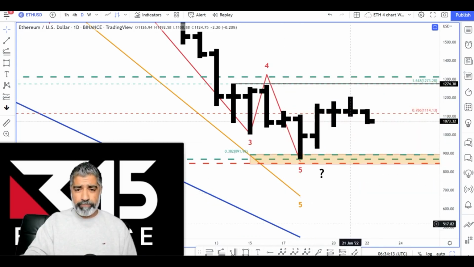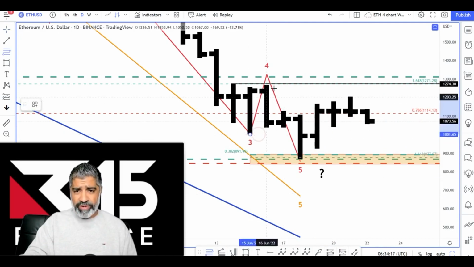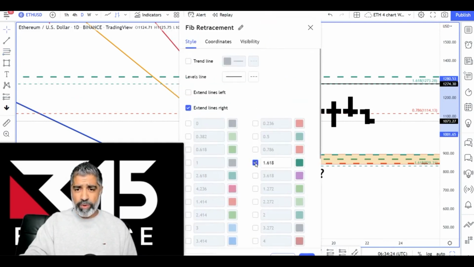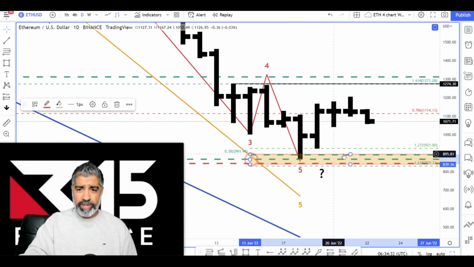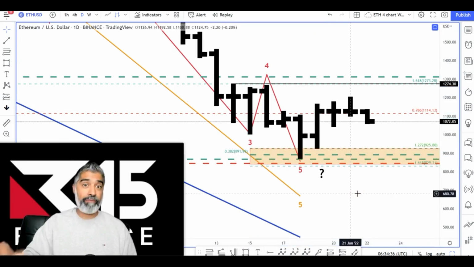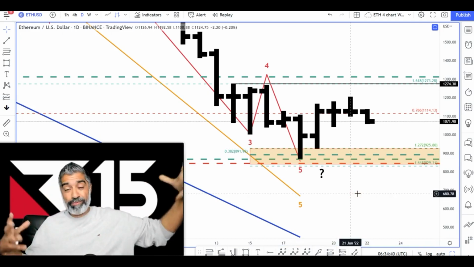So we're going to do one more, and it's the external retracement. It's the end of wave 3 to the top of wave 4. And the two ratios are 1.618, right in that zone, and 1.272. So you can see that supports our case. So this is a very highly probable, never guaranteed, but highly probable end of a whole wave 5 of a 5 of a C of an actual macro wave 2.